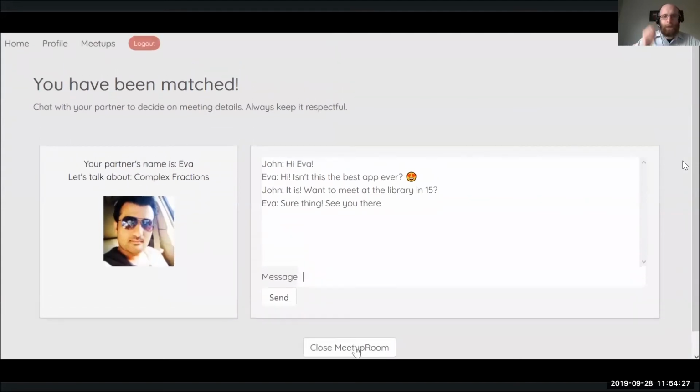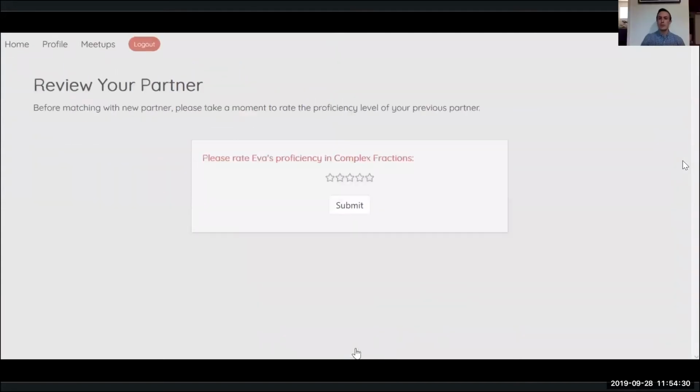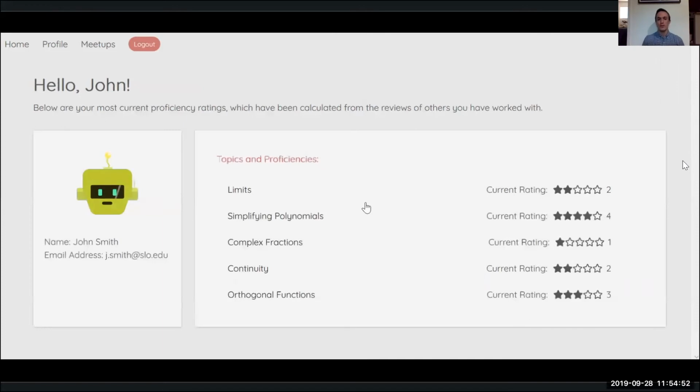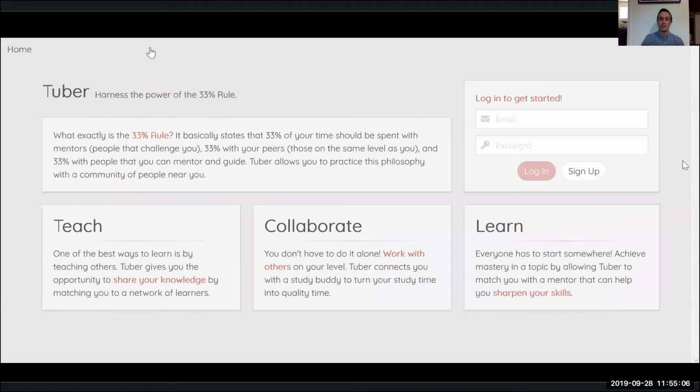All right. So upon our users completing their meeting, they have the option to close their meetup room. After closing their meetup room, they're presented with a star rating system. The star rating system is an exponentially weighted moving average, and that allows us to keep up-to-date scores on the user's proficiency levels, and also encourages the user to really expand their own knowledge base to see that reward of the star changing. Here we land back on our profile, and we see our complex fractions is going to increase as we receive our proficiency rating from our tutor themselves. At this point, our student is done learning for the day, and they're going to log out of their application.